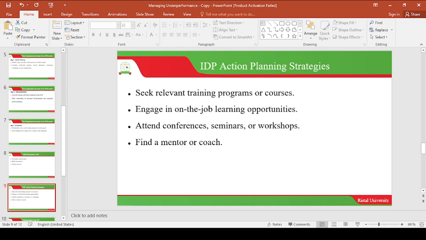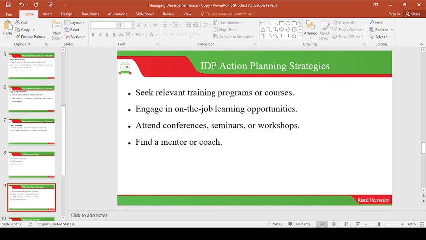The next one is to engage in on-the-job learning opportunities. For example, if you are already employed, you need to look for opportunities around the job you are doing. You might get at least something to learn or something to do within the job you are doing. So don't look outside. Just look around at what you're doing. You will find opportunities there.